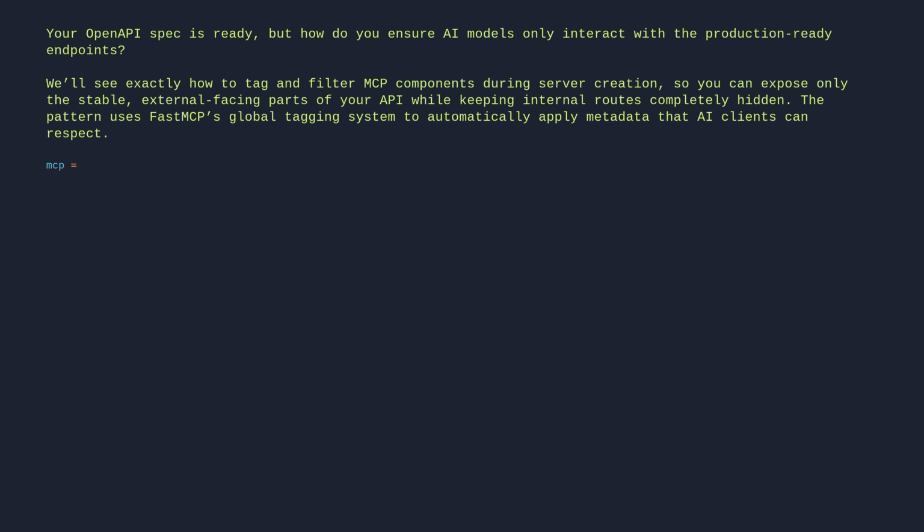mcp = FastMCP.from_openapi(openapi_spec=spec, client=client, tags={"API v2", "production", "external"})